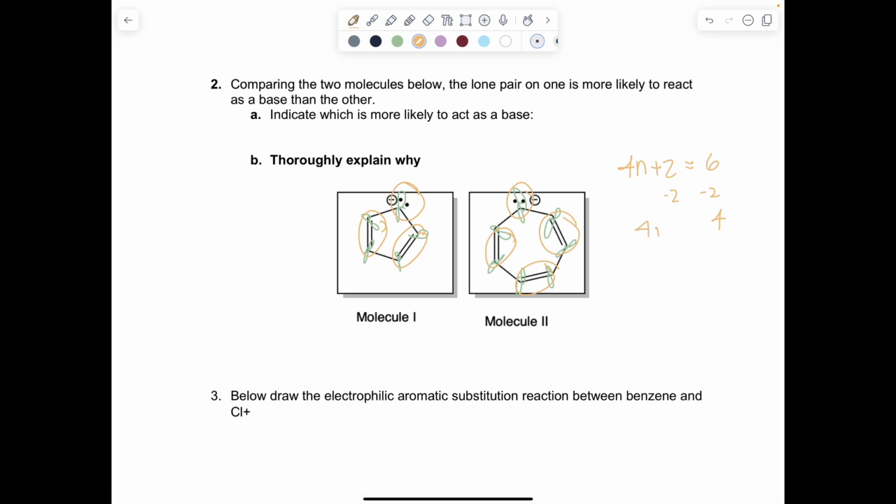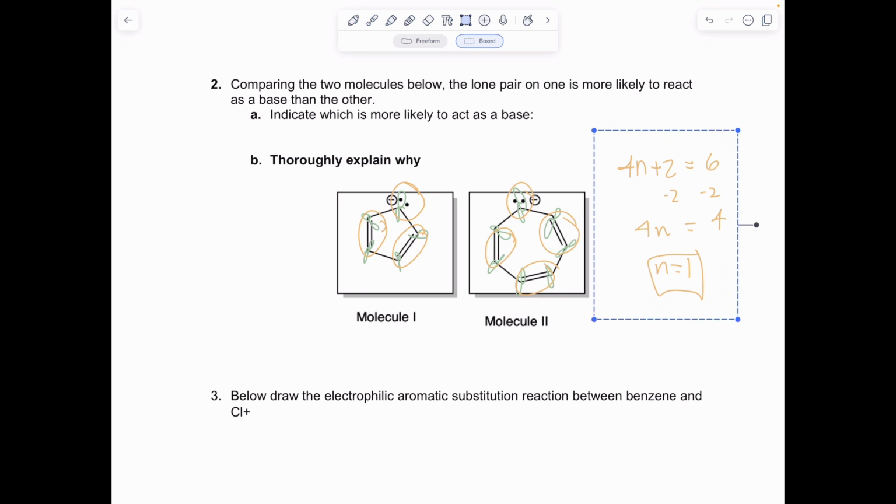And then over here we have 4n equals 4. Let's divide by 4 on both sides, n equals 1. N is an integer, so this matches, it follows the rule. If you were to do that same thing with the molecule 2,